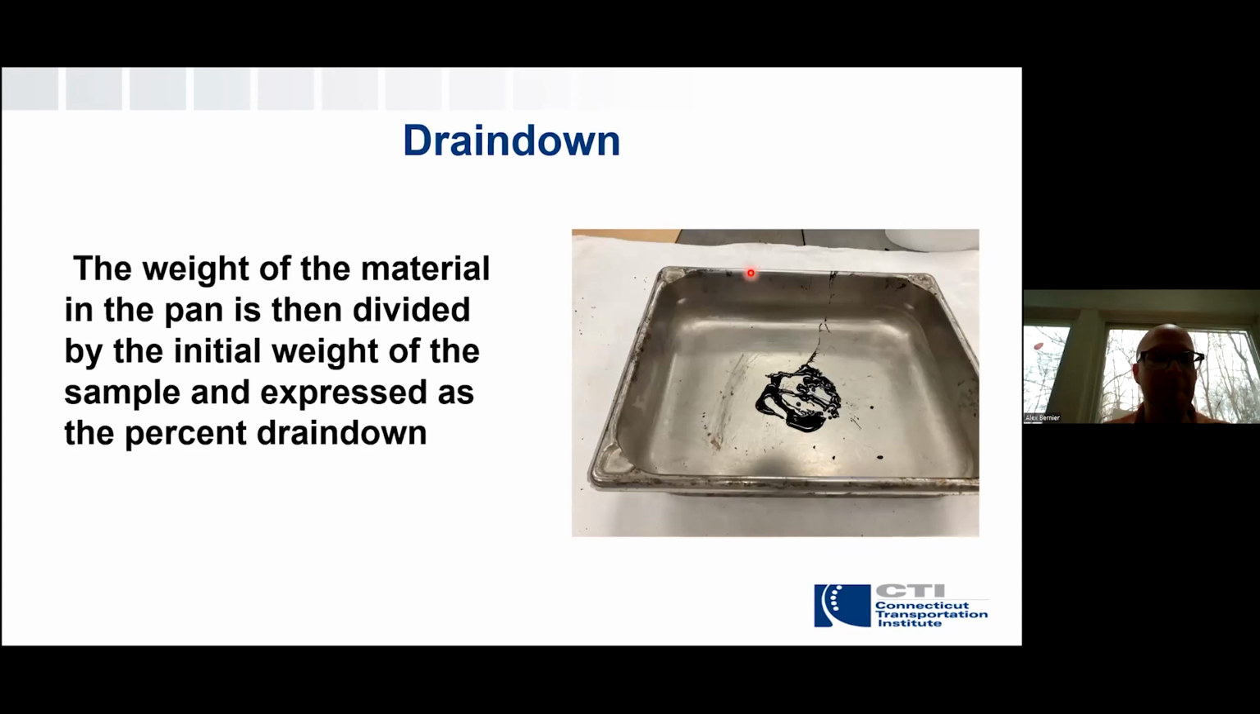There's a minimum amount that's acceptable, and the weight of the material in the pan is divided by the initial weight of the sample and expressed as a percent. There's a lot of percents we deal with. So, that's something mathematically like doing gradations, right? Doing percent compaction and percent density. We're going to see those types of calculations over and over again, but here's another example where it's the same